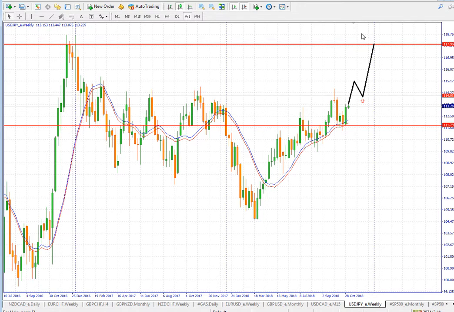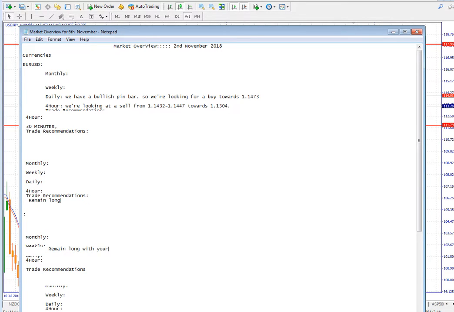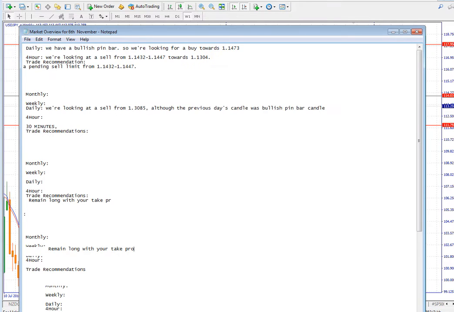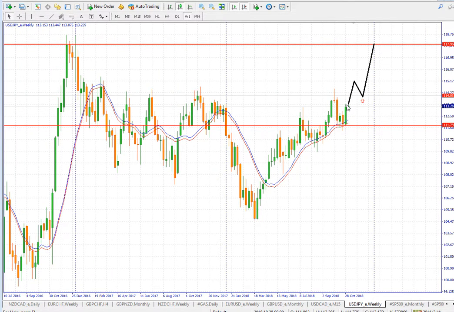That's what you are looking at. You need to say that if you have USD JPY, then remain long with your take profit. But this is what we expect. We still expect a move upwards. We are still basically upwards on this, and there's nothing to be added much on this one